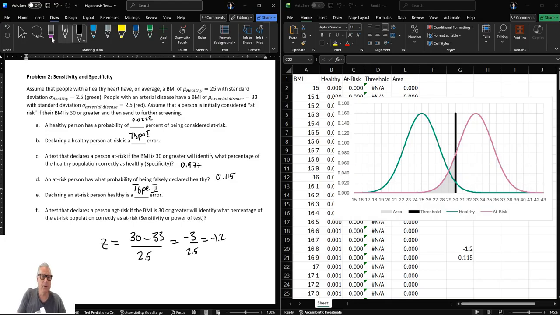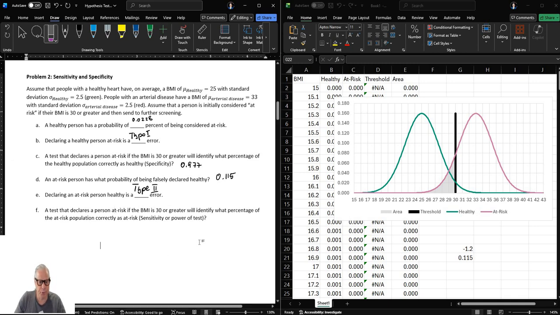Okay, so now the last question is a test that declares a person at risk. That's a typo here. So a test that declares a person at risk if the BMI is 30 or greater will identify what percentage of the at-risk population correctly as at risk, and that is known as sensitivity. Well, this is now everything to the right of 30. So we can go to our area and we put again,